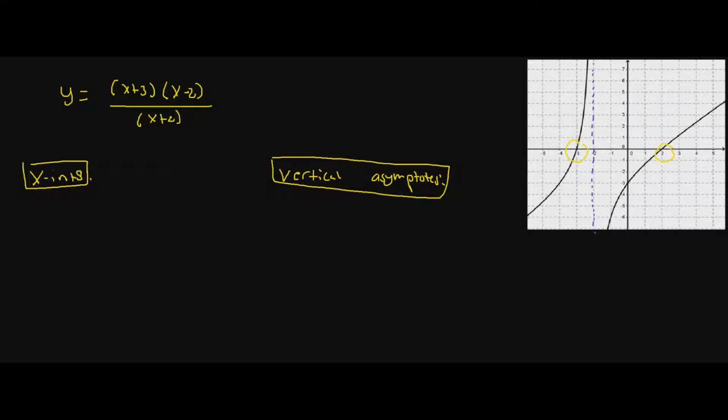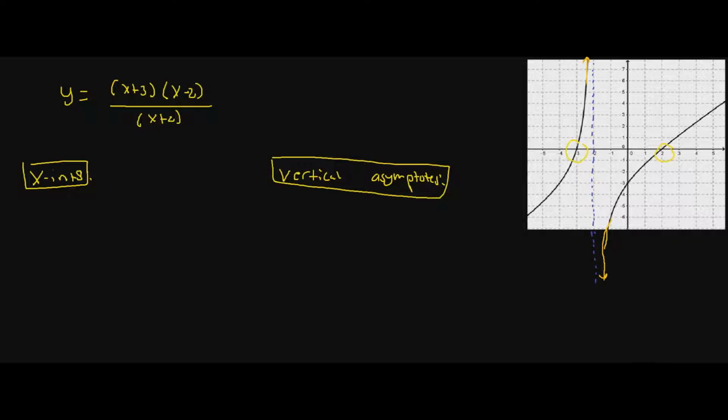You can see that this is where our function, our y values, are getting extremely huge and it's going to keep going up. This right here is going to keep doing this right here. Essentially, we can't plug -2 into our equation because we'll get 0, but as we get really close to 0, our y values increase, right? Because as we divide by a smaller number, our y values will shoot up,